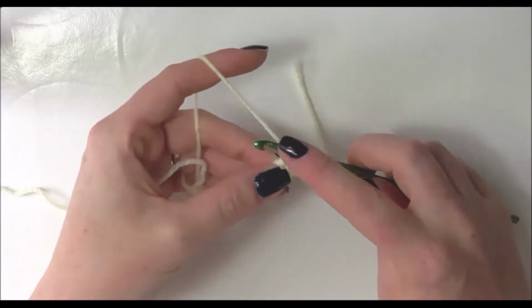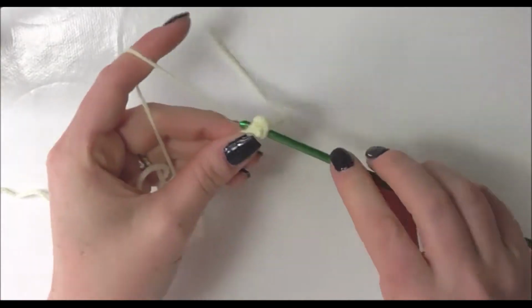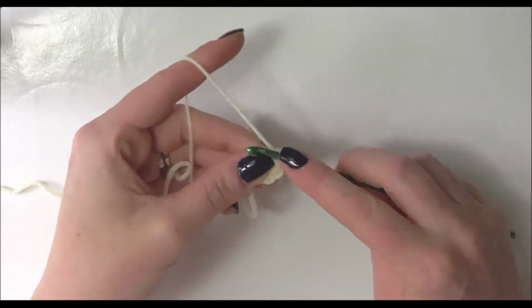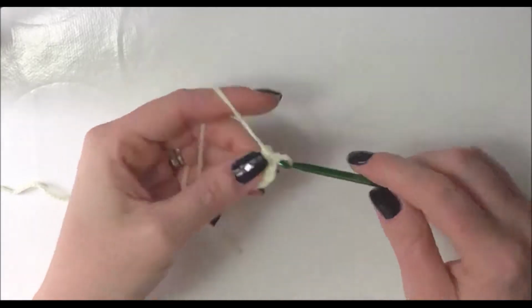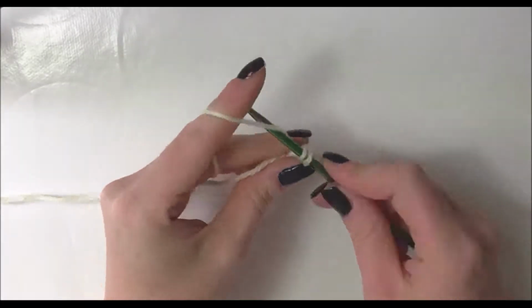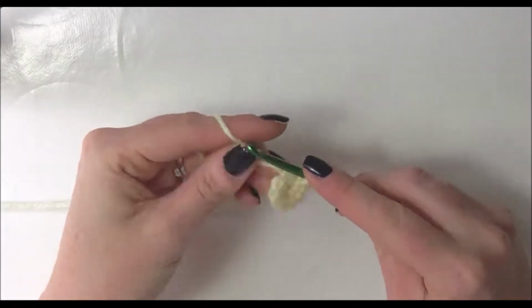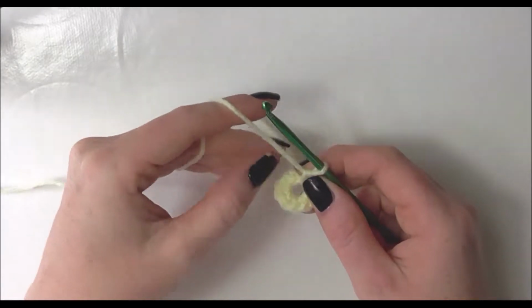crochets into the loop. So that is 1 and 2, 3, 4, 5, 6, 7, 8, 9 and 10. On our next round we want to increase to 20 single crochets or 20 stitches, so I'm